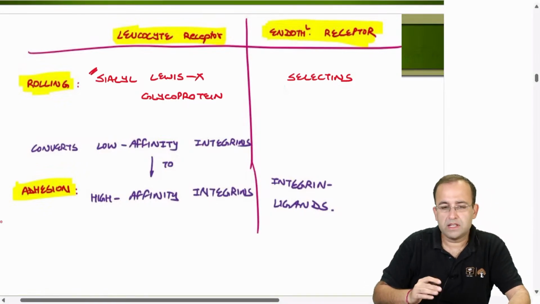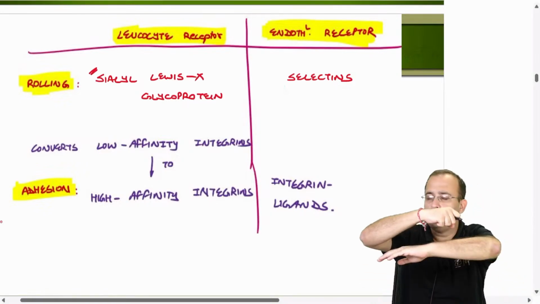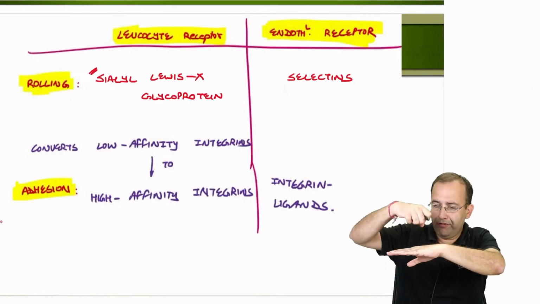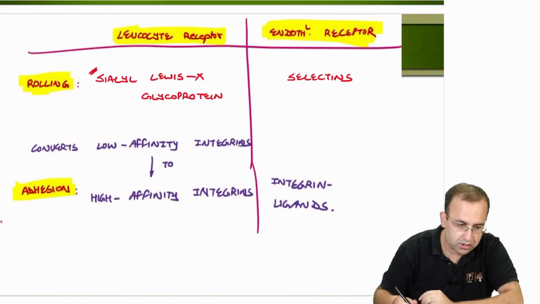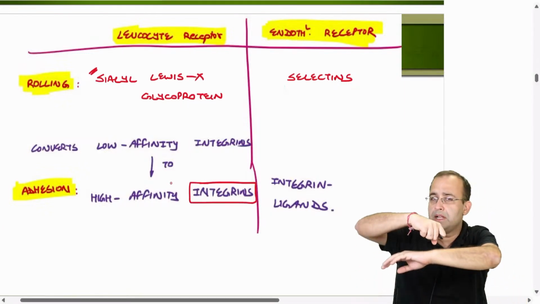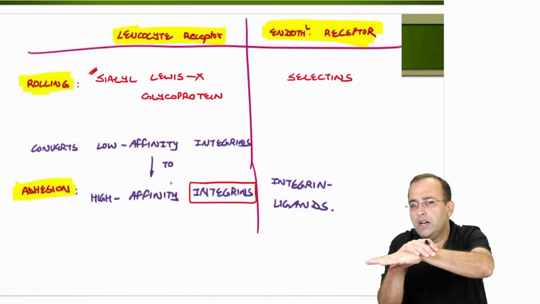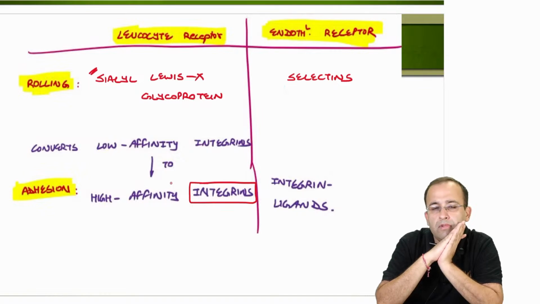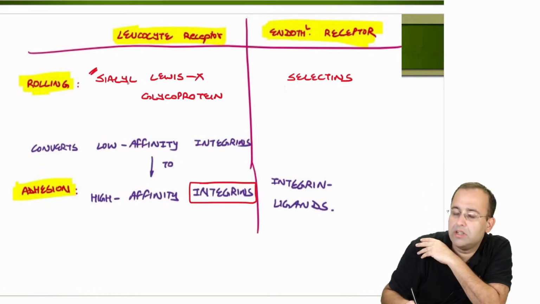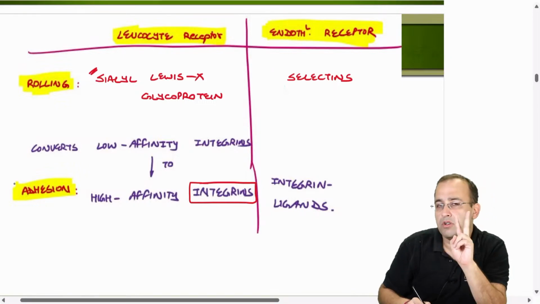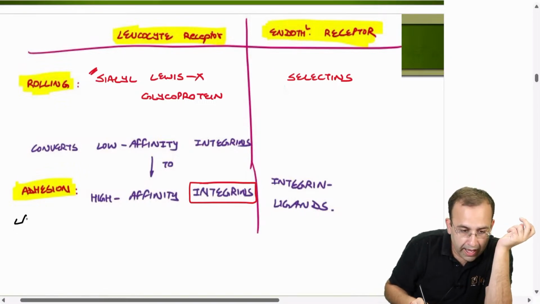Sialyl Lewis X glycoprotein, present on WBCs, binds to selectins on endothelial cells, which leads to permanent attachment, that is adhesion, which is due to integrins present on WBCs binding to integrin ligands on endothelial cells. These are the names of receptors for rolling and adhesion. This is extremely important because we have 2 diseases. LAD1,